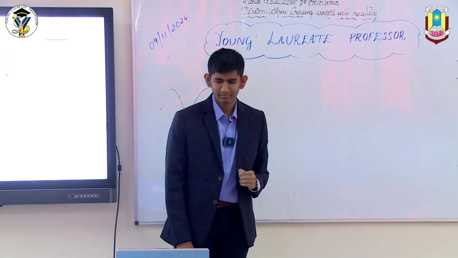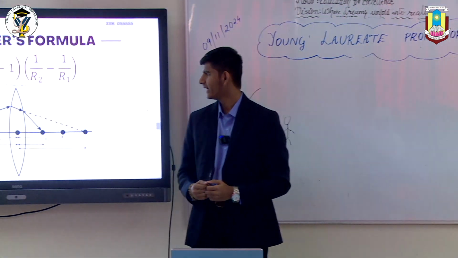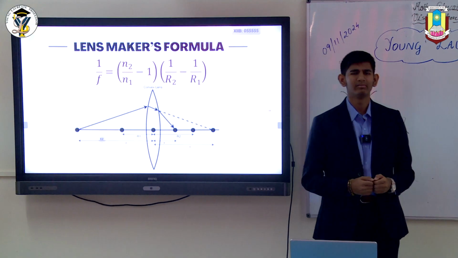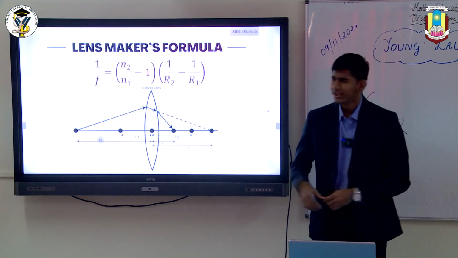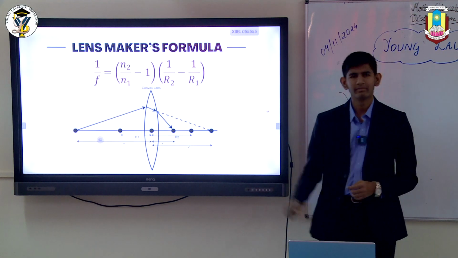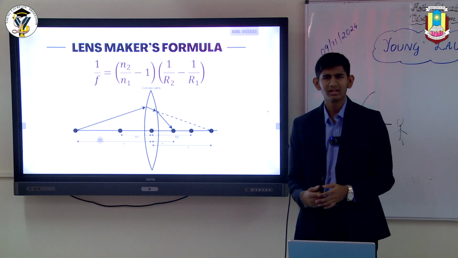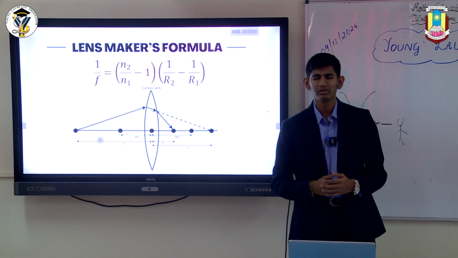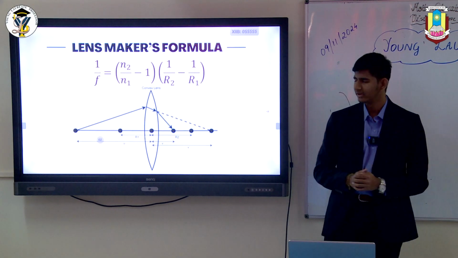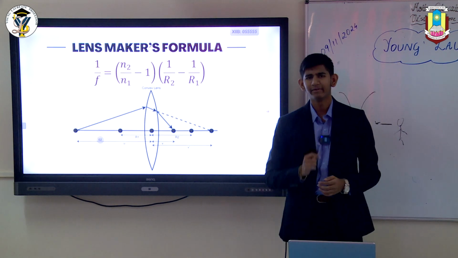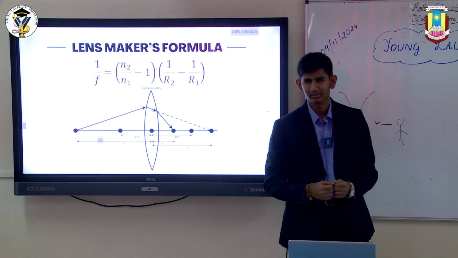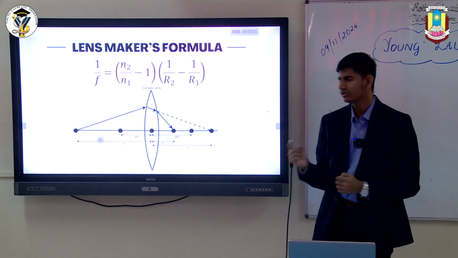So what is the formula? The formula is given by 1/f = (n2/n1 - 1)(1/r2 - 1/r1). You might ask, what are these terms given on the screen right now? f is the focal length of the lens. Here I have considered a convex lens, and it can also be done for a concave lens. n2 is the refractive index of the material of the lens, n1 is the refractive index of the outer media,